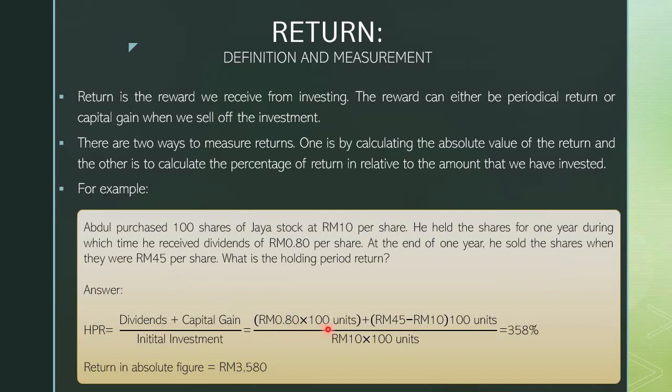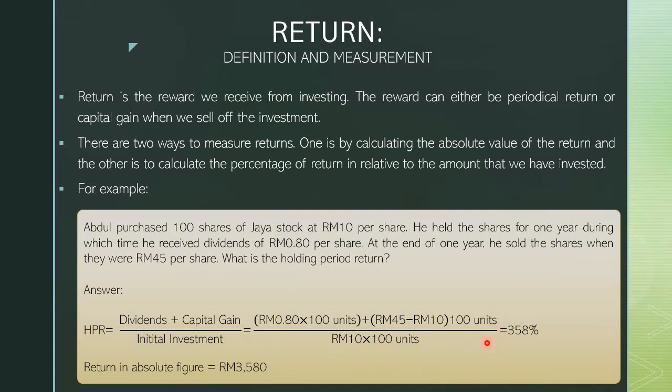So 80 cents times 100 units plus the capital gain, 35 ringgit per unit of capital gain times 100 units, divided by, in relation to the amount that we have invested, the amount that we have invested. Abu purchased 100 shares at 10 ringgit per share, so this is the amount that we have invested. So Abu's return here is